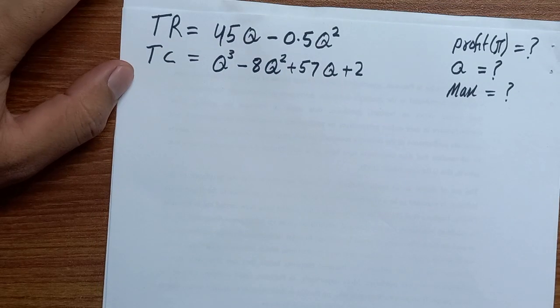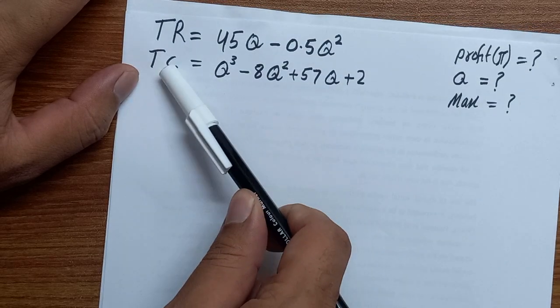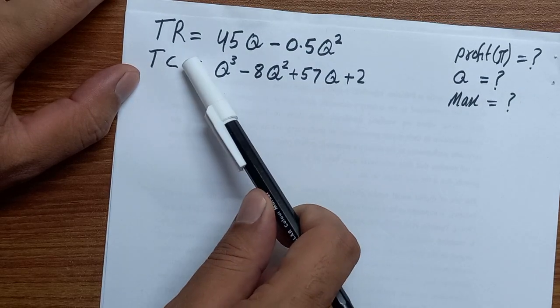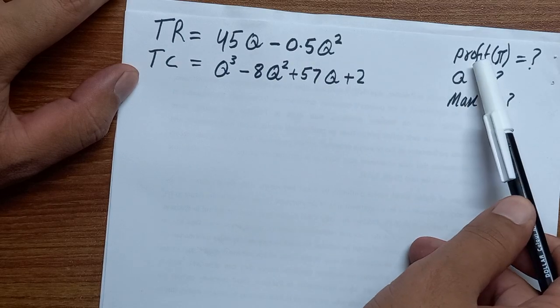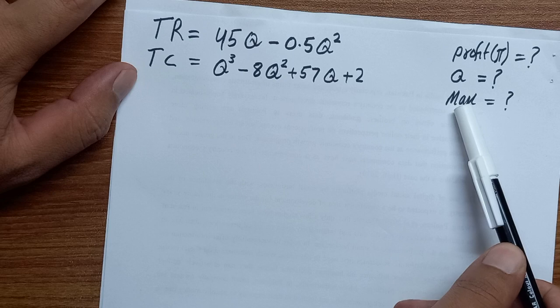Bismillahirrahmanirrahim. We have two equations. One is total revenue and one is total cost. From here, we will find the profit. We will find the value of Q, and we will also find the maximum and minimum. So,